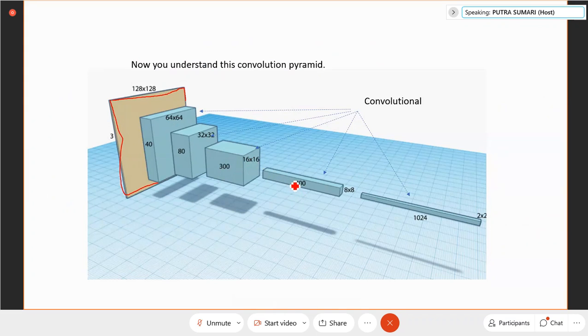Now, then I use another 800 filters. Now I use convolutional, ReLU, and pooling. The size is cut into half, 8 by 8 now. So now 8 by 8. So I'm going to stop here. I think that's enough. So these are basically